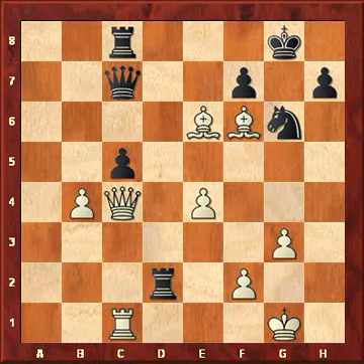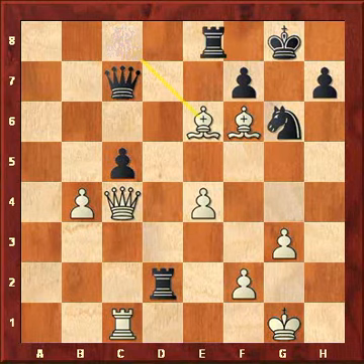Actually, white won't have time to take the c5 pawn back. So white's threat is to take the exchange on c8. Rook f8